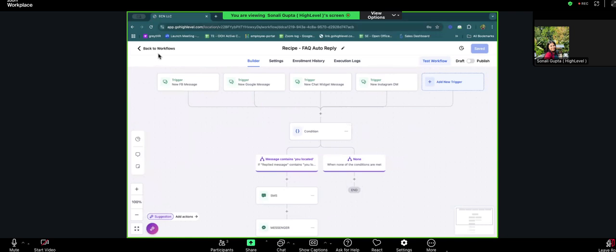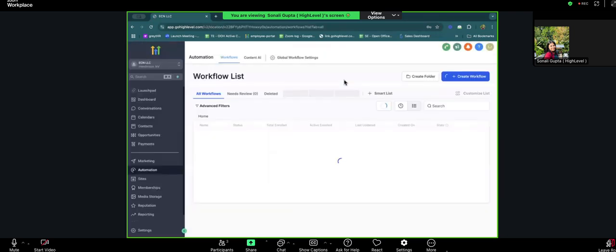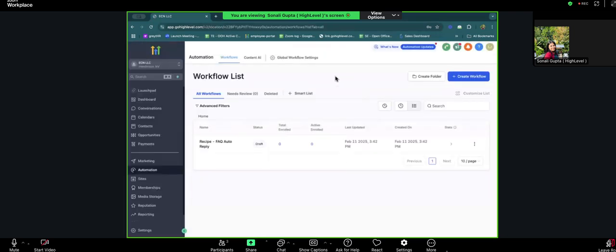Of course, you will need to create some customized workflows. If you need help, then of course we are there for you. You can hop in with the technical support calls with our specialist, and we can actually help you with the automations and workflows too. Awesome. And then we have sites.